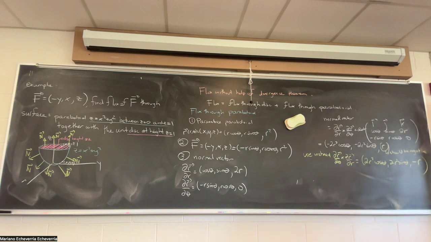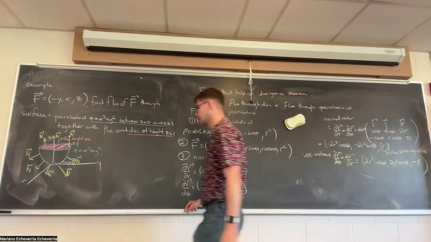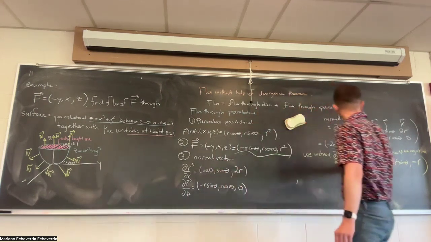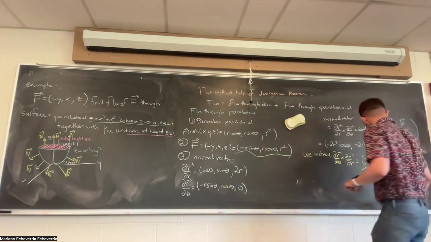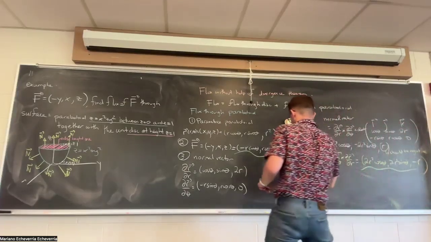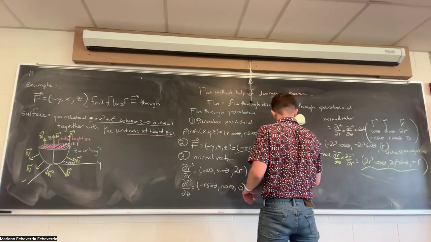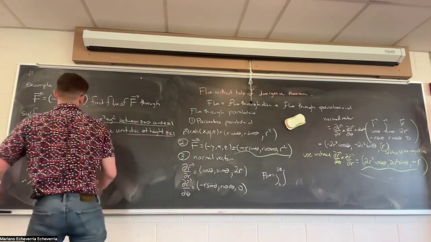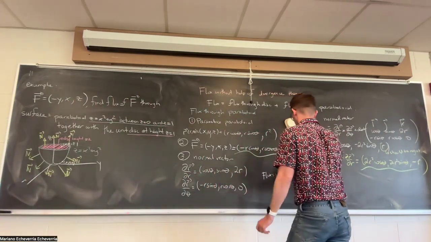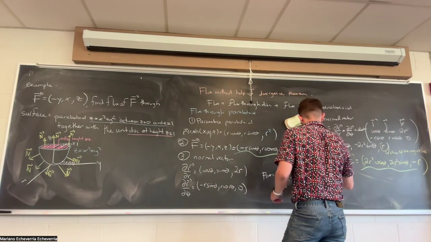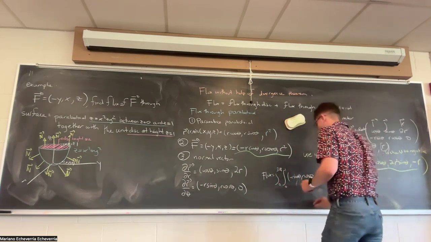Okay, and this is the vector where everyone has a factor of r, and that's related to the Jacobian, so they all come with the Jacobian incorporated. And now we do the dot product between these two vectors for the flux. The bounds are actually the same: theta will go from 0 to 2 pi, and since the paraboloid stops at the plane z equals 1, r will go from 0 to 1. You are doing minus r sine of theta, or cosine of theta, r squared, dot, let's put this one in yellow.